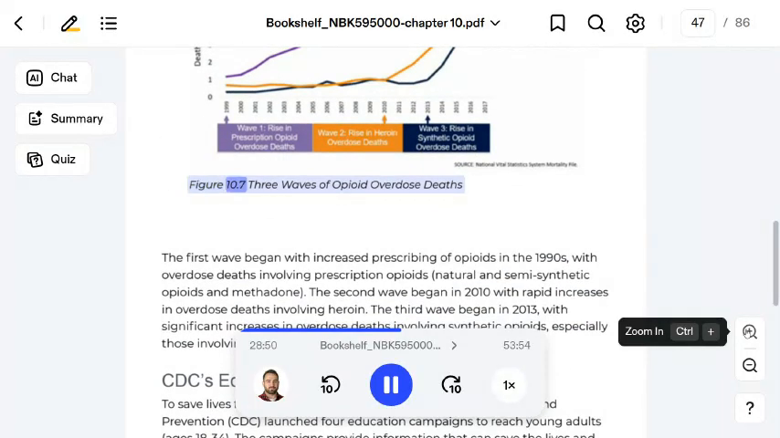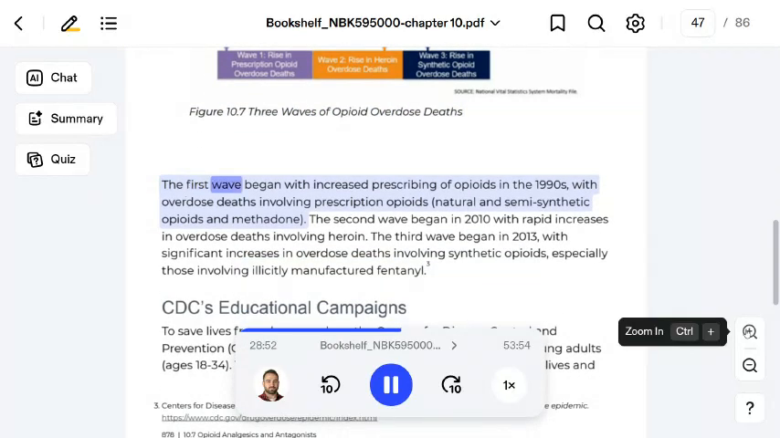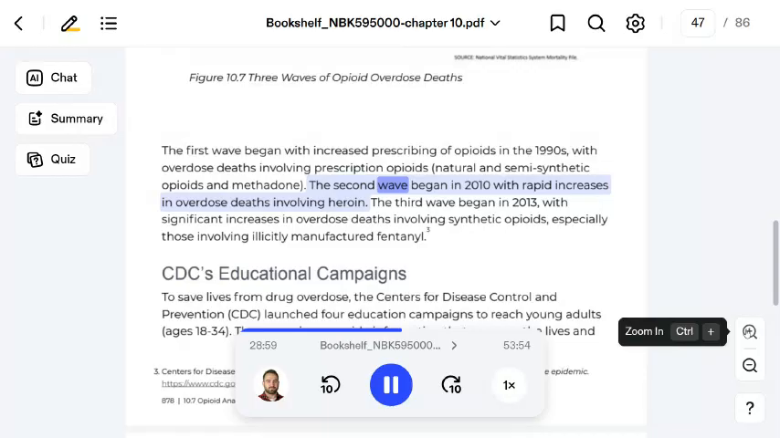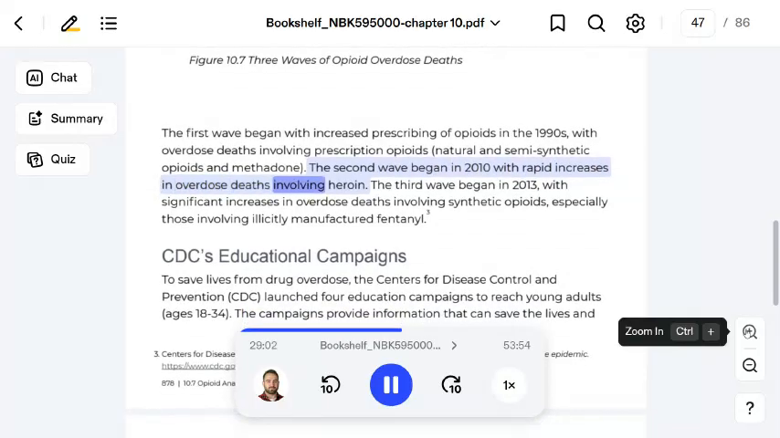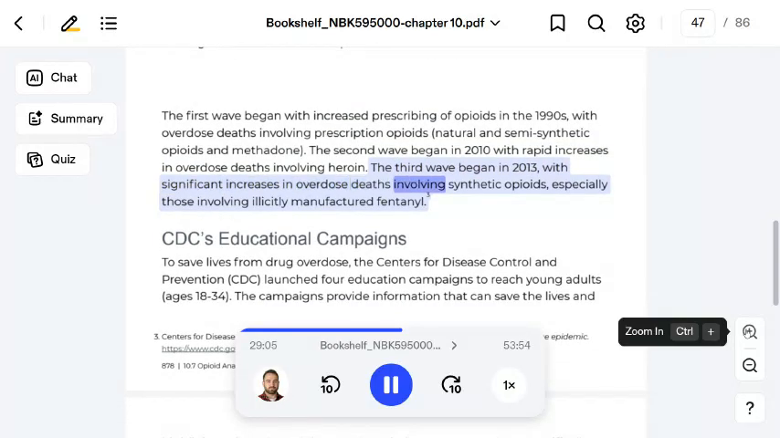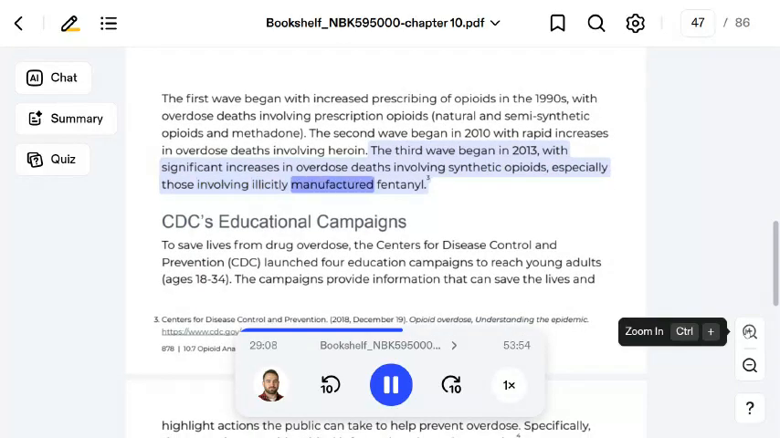Figure 10.7. Three waves of opioid overdose deaths. The first wave began with increased prescribing of opioids in the 1990s, with overdose deaths involving prescription opioids. The second wave began in 2010 with rapid increases in overdose deaths involving heroin. The third wave began in 2013, with significant increases in overdose deaths involving synthetic opioids, especially those involving illicitly manufactured